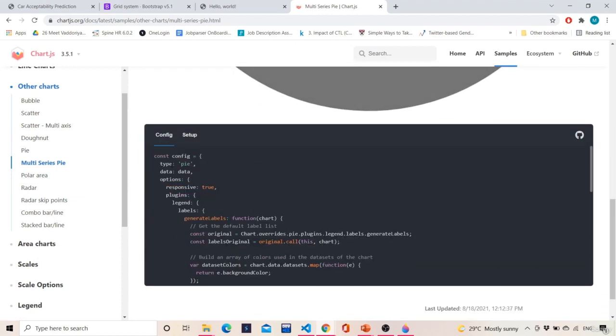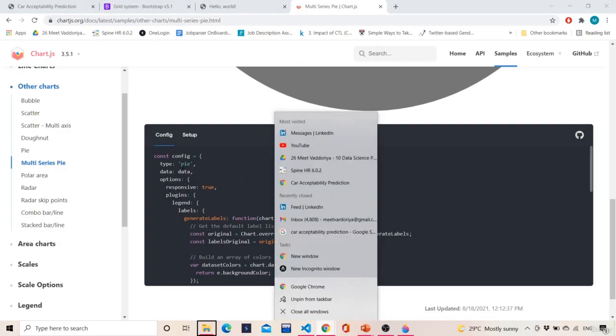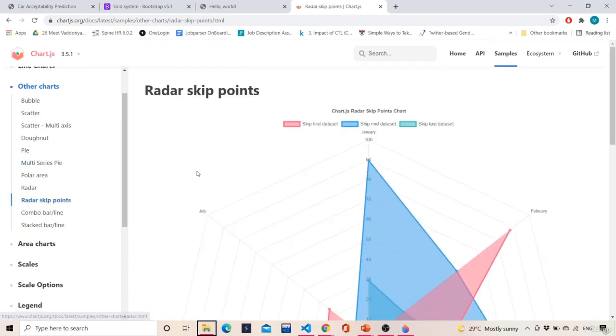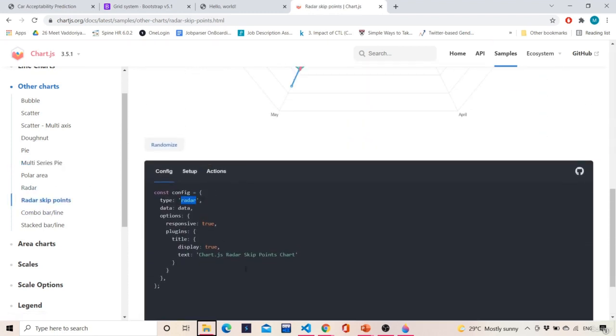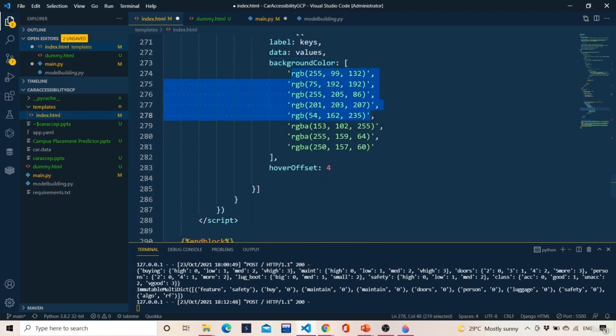If you want the code, everything you need to do over here is, if you want to display a chart, these lines will remain the same till 266. It will be the same. The type you need to change, because over here we have type equals pie. In case of radar and skip points, the type will be radar and so on. So you have to make sure that you are selecting the right type for your chart. And then label is nothing but the keys, and data is the thing on which basis the chart will be printed. That is nothing but the values. So keys and values, we know the x and y relationship, that is what has been plotted. And this is all the background colors which you can give.